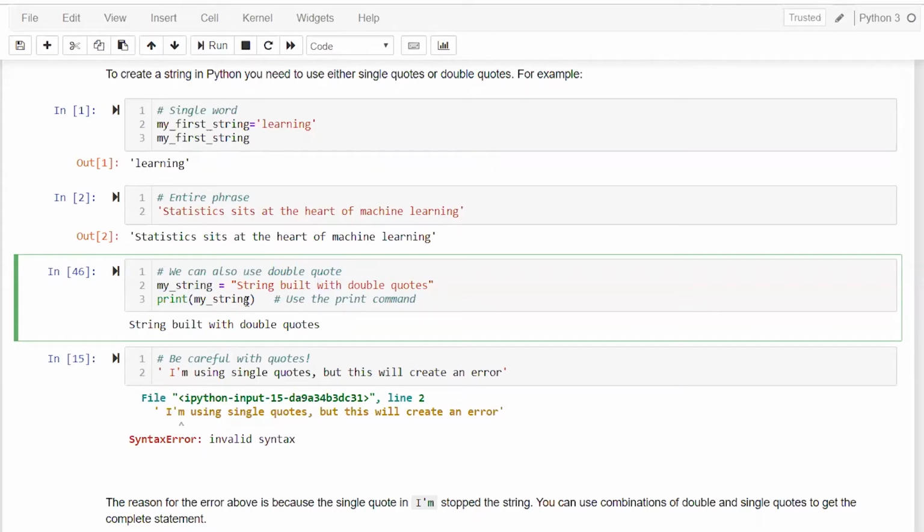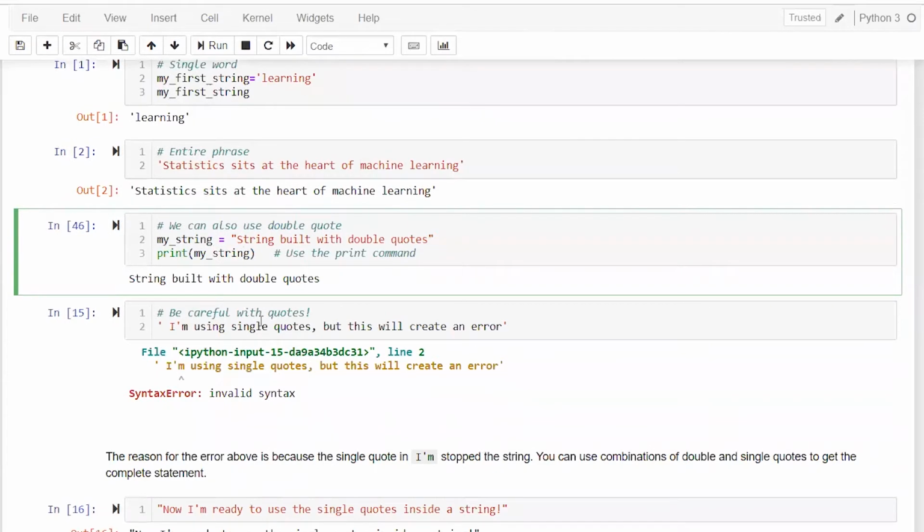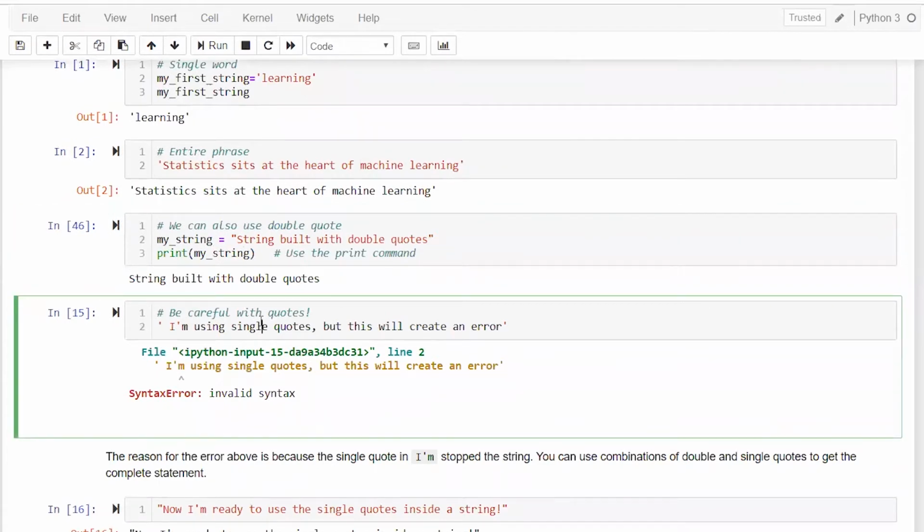But we have to be slightly careful with them, because there is a slight difference between a single quote and a double quote. For example, let's say you try to specify a string like I am using single quotes, but this will create an error within single quotes. This is a sentence and you're trying to specify it within single quotes, but it will not work, because Python encounters the first quote and then it stops.